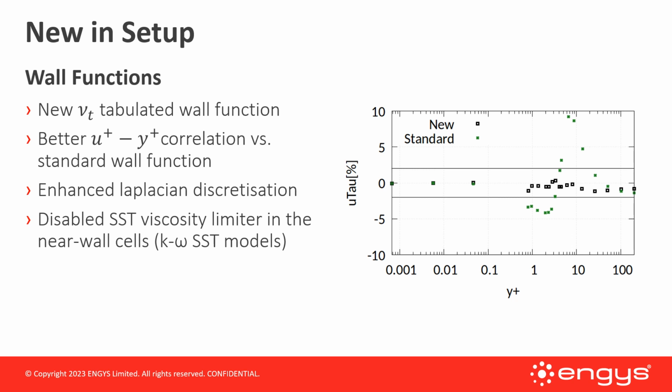Also, by employing a modified Laplacian discretization, gradient errors in the viscous sublayer are minimized, accounting for omega's specific distribution and increasing the accuracy of the diffusion term in the omega equation. Lastly, the limiter in the code implementation of the k-omega SST model acts in all cells, but it should not be applied in the first near-wall cell, which is explicitly defined by the wall function, therefore being disabled in Elements